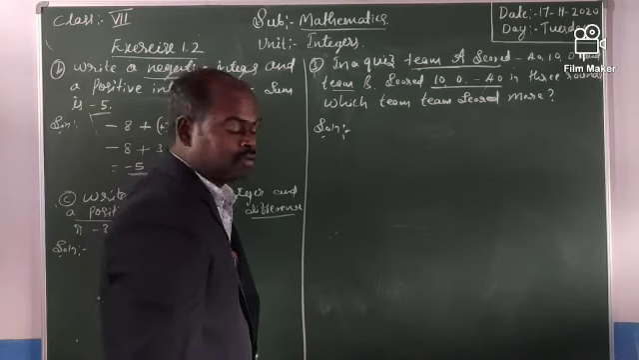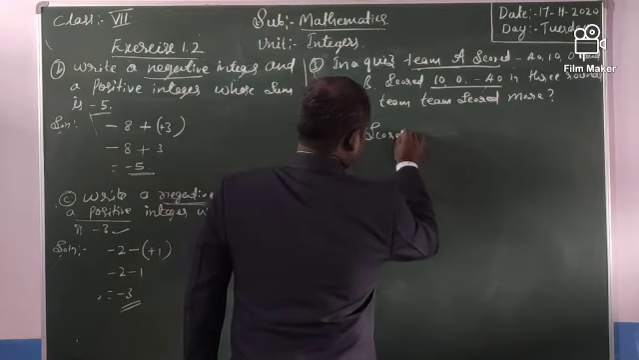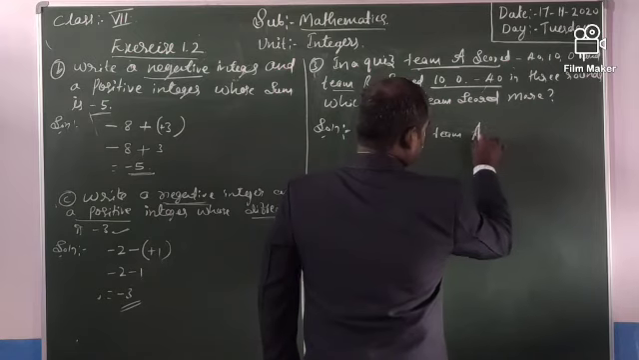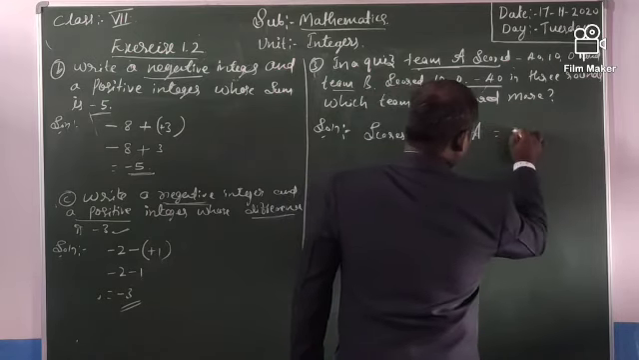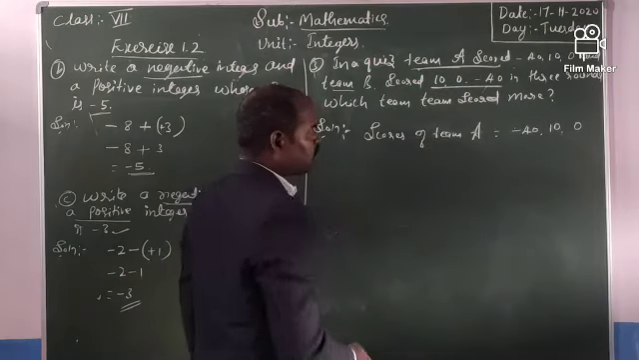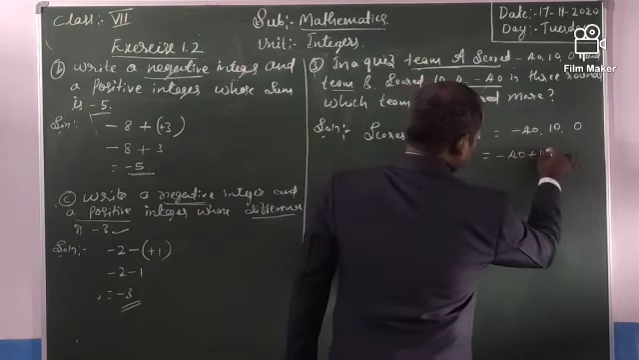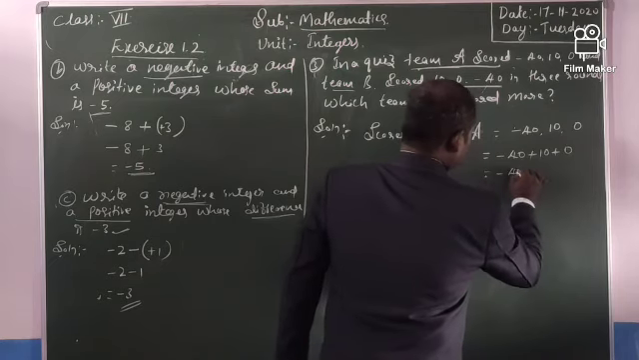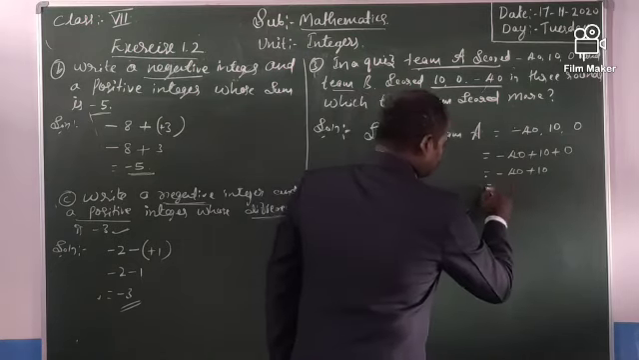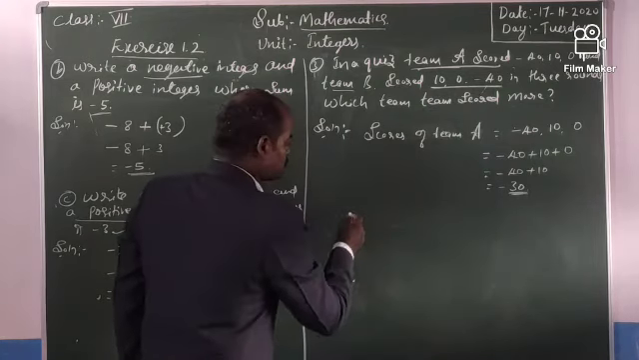See, first scores of team A. Scores of team A is equal to minus of 40, 10 and 0. That one we have to add, which is equal to minus 40 plus of 10 plus of 0. Minus 40 plus 10, 0 plus 10 plus 0 is 10 only. Minus 10 plus 10 equal to minus of 30. Okay, therefore scores of